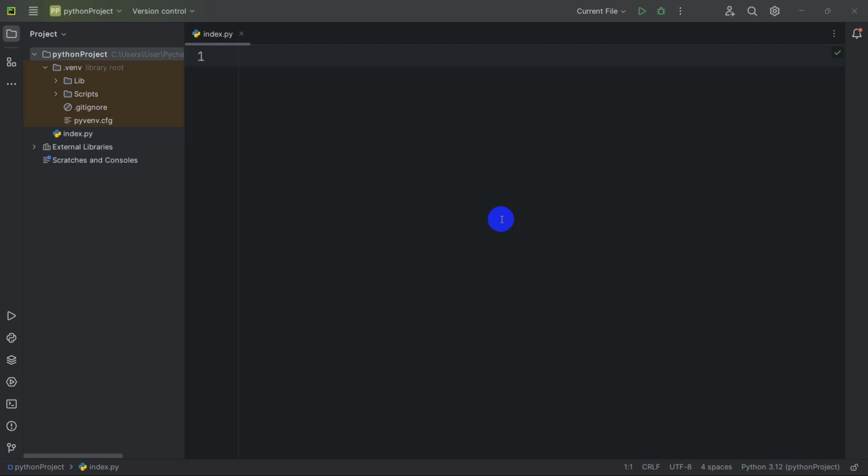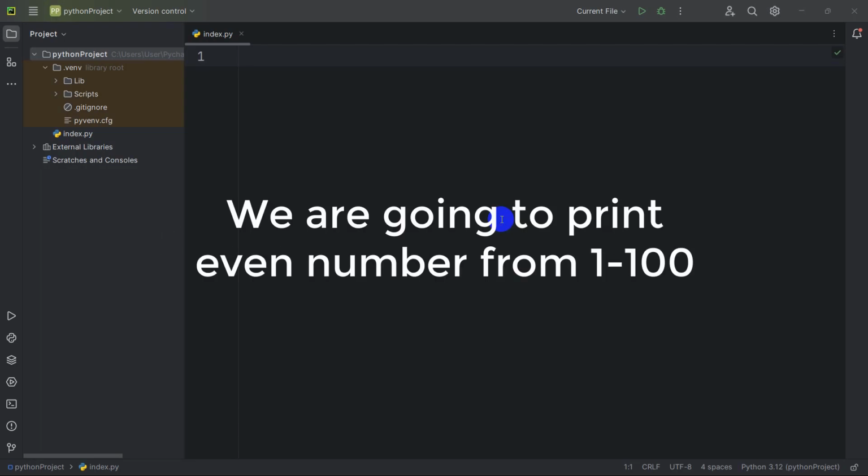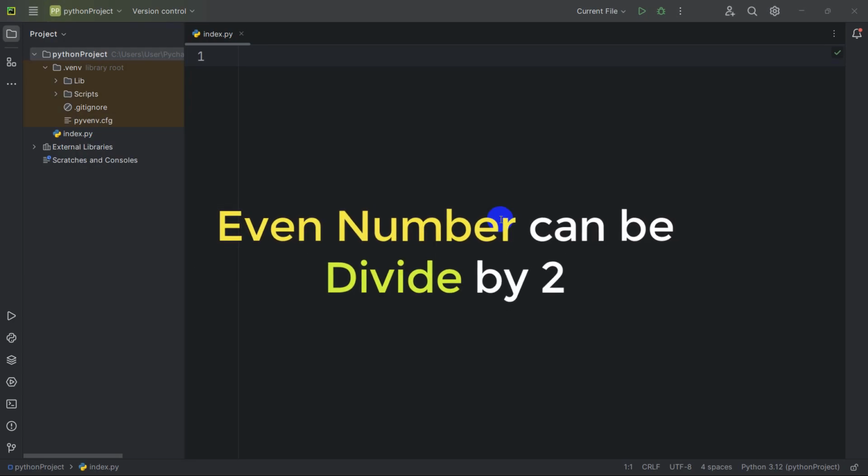Hello everyone, this is Yamin, and in this tutorial I'm going to show you how we can print even numbers in Python. So what are even numbers? Even numbers are 2, 4, 6, 8, 10, 12 and so on. We are going to print even numbers from 1 to 100, and all the even numbers can be divided